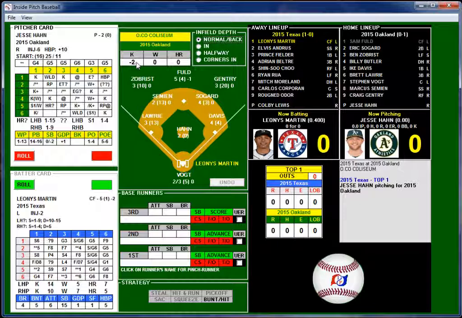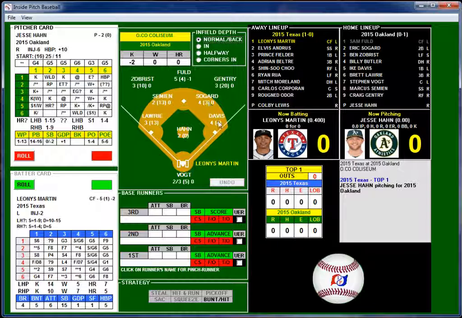It's a -2 for strikeouts, no adjustment to walks, no adjustment to home runs. If we look at the range for Oakland here, we have a 3 for Zobrist, which is average. Flood, not sure, he's got excellent. Gentry is average. Lowrie's average. Semien is below average.